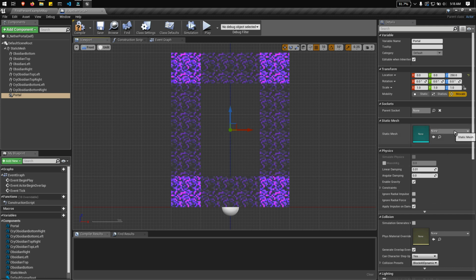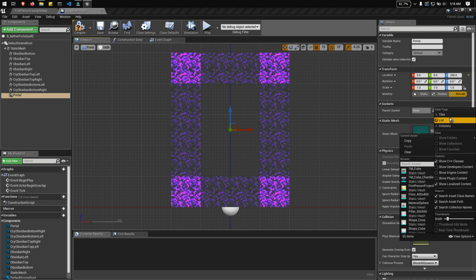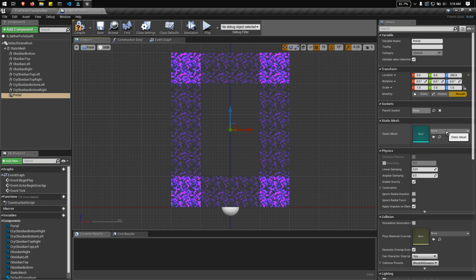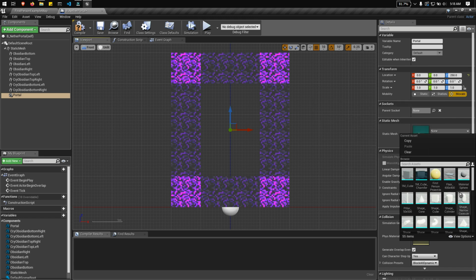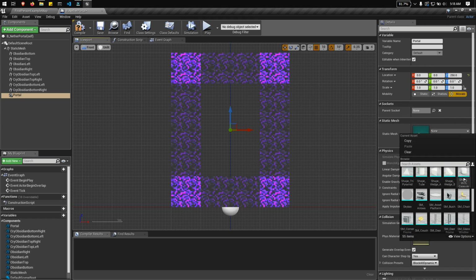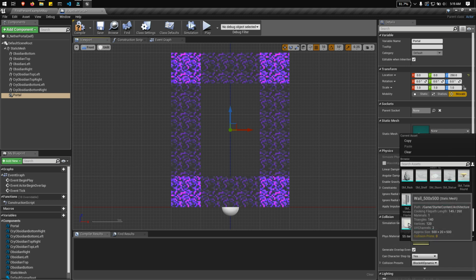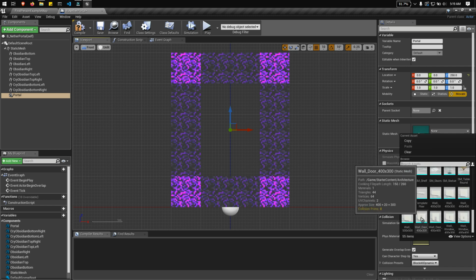Then let's look for a suitable static mesh. In the starter content, we have the resources.